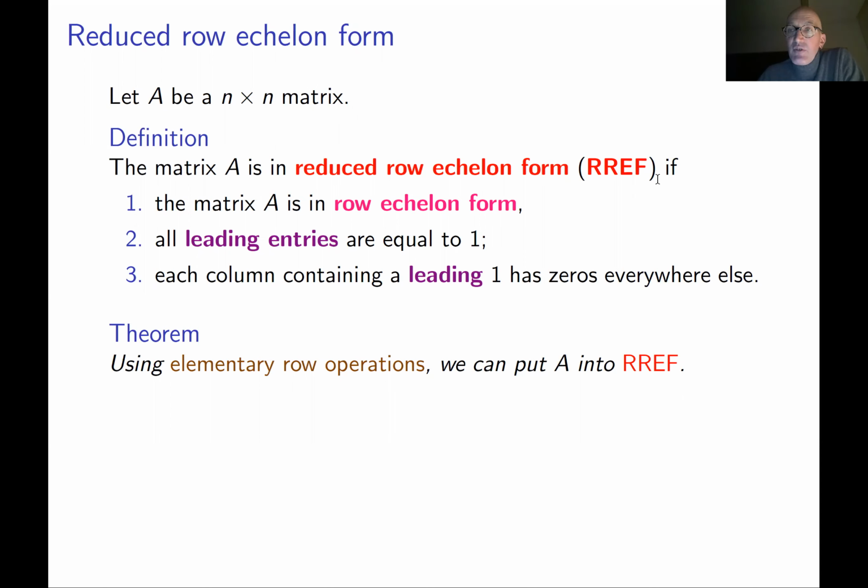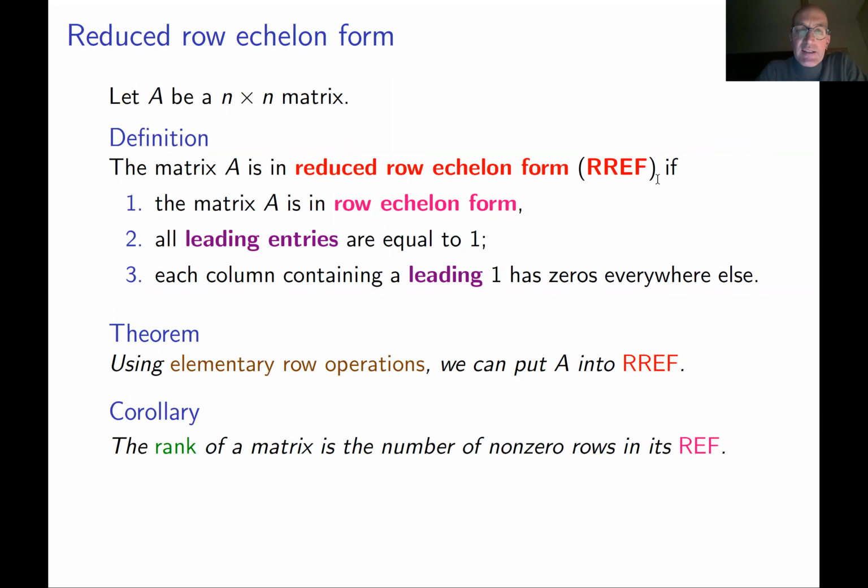Basically, this theorem tells you what we already saw in examples, that every system of linear equations can be ultimately simplified, such that it's as simple as possible. The simplest shape of a system of linear equations is when the corresponding matrix is in the reduced row echelon form. Okay, and then we can restate a corollary of what I already said on the previous slide. The rank of a matrix is the number of non-zero rows in its row echelon form. This follows from the lemma on the previous slide.